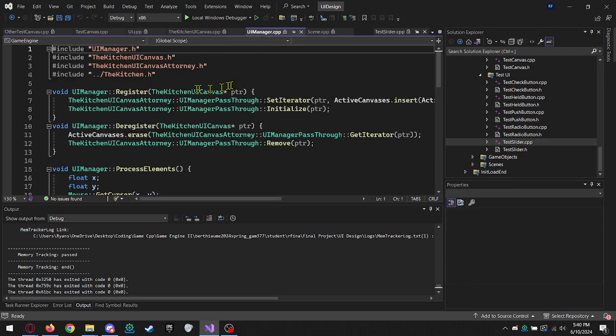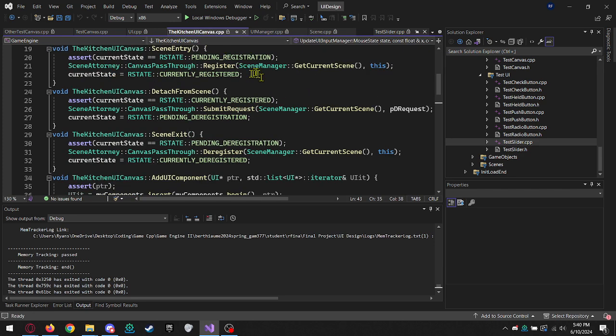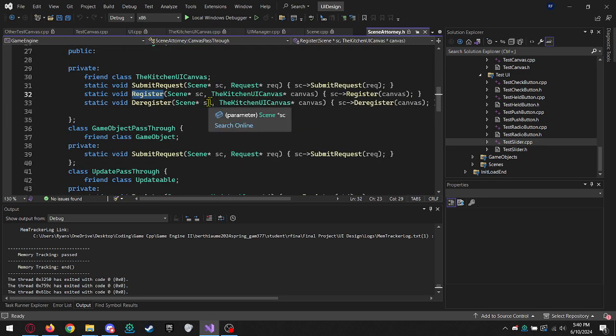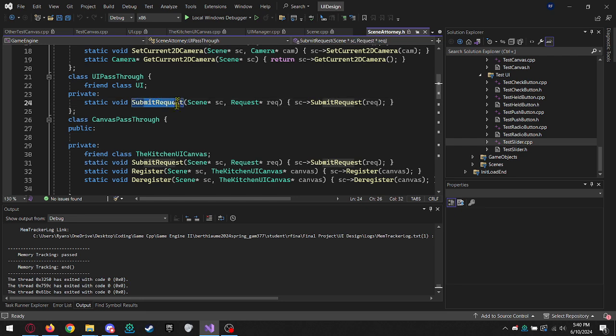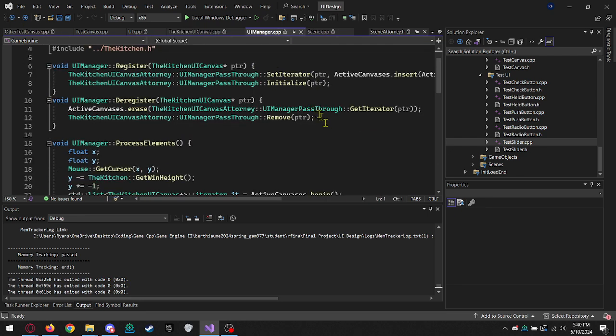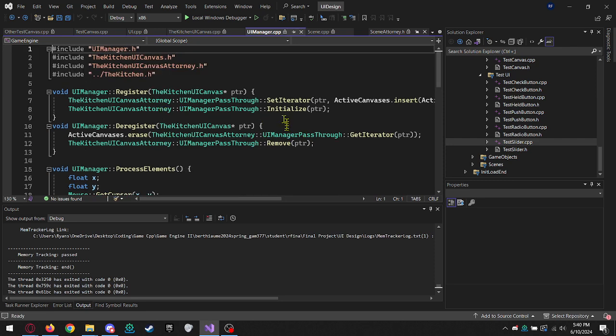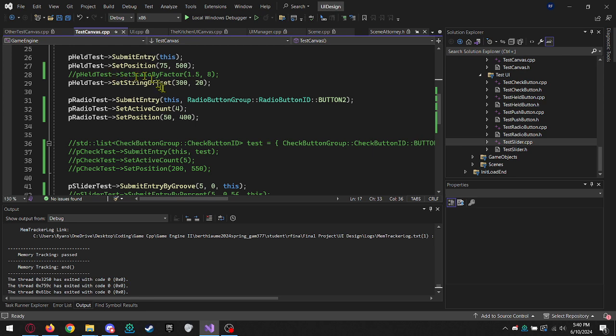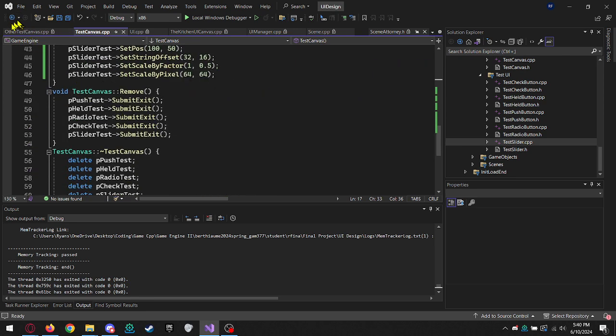Whenever the UI canvas does a registration request, it has its delayed registration via the scene, using the attorney to pass it all through. So the UI has the same exact thing as well. Once we register it to the scene properly, the UIManager will then set its position inside a list of active canvases and then call initialize on that canvas. This initialize is where you can submit entry for all your UI components as well as update any parameters you wish to update. Then whenever you deregister, it calls the canvas remove, which is where you can submit exit for